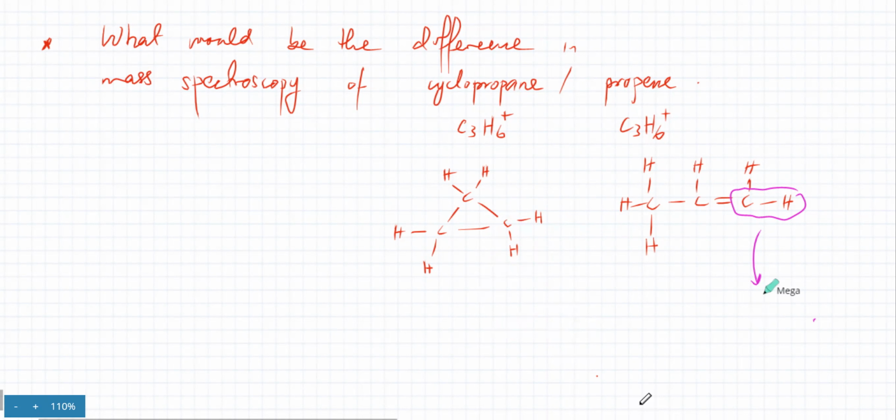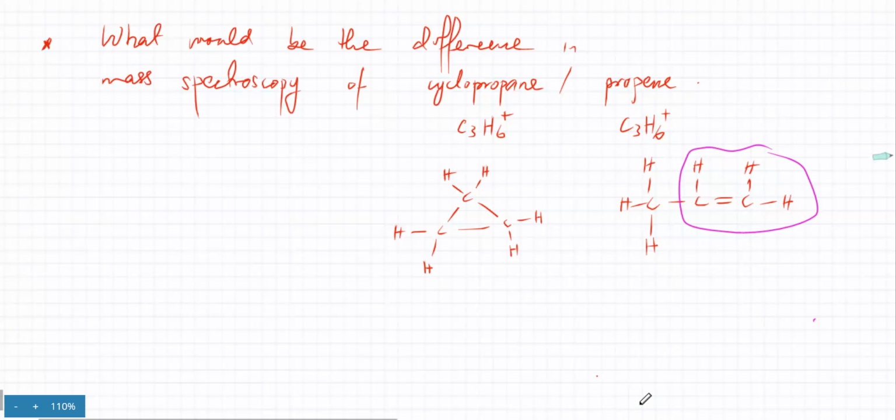Yes, sir. Also, sir, can we do more questions? Like the one we did earlier, that one was hard. Yes, we'll do that. First tell me what fragment could be produced in one molecule that would not be possible in the other one. Say a double bond. C double bond. No, I mean you're talking about this piece breaking off.